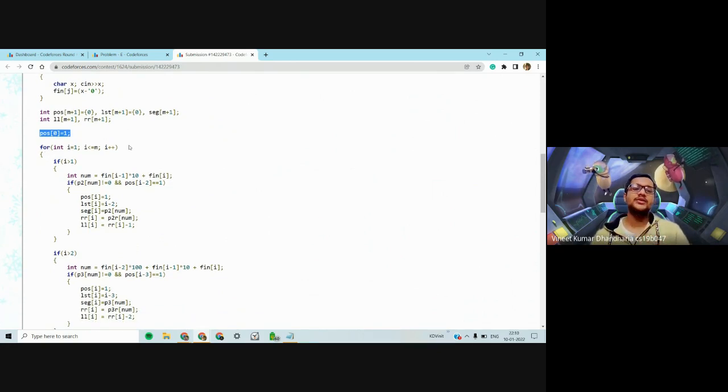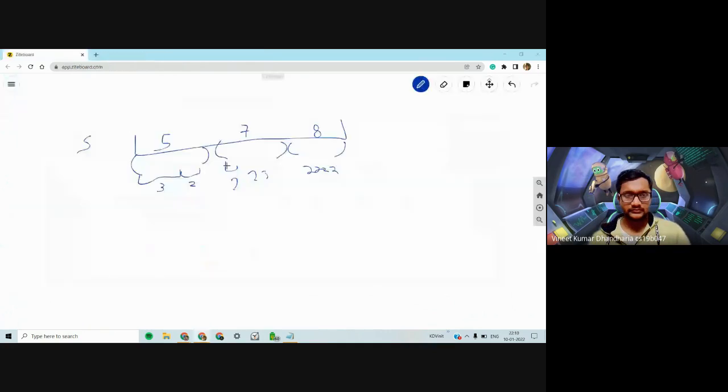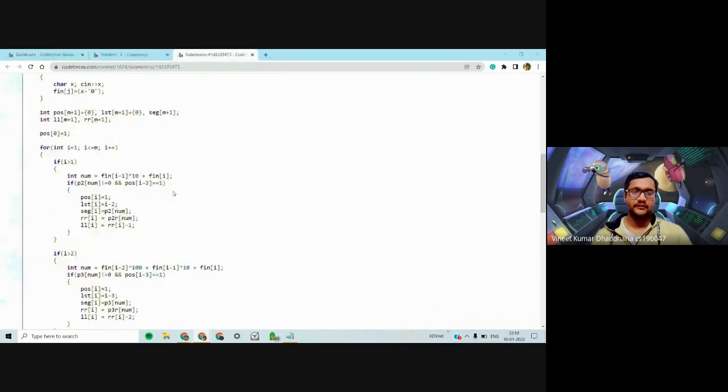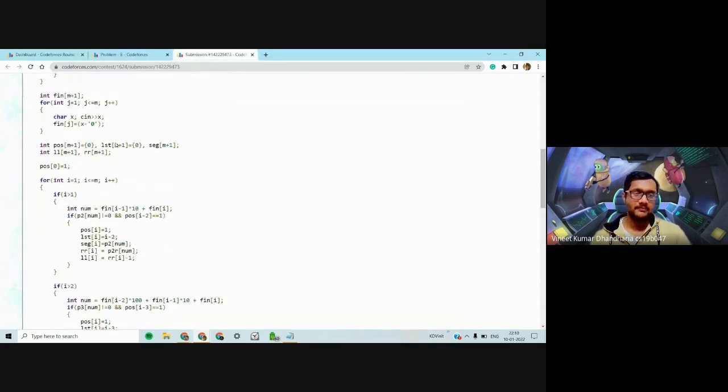Now you iterate over the numbers. Let me explain it with the diagram. We go over our new phone number from left to right. Suppose we are at a particular position. The last segment we would have used would be either of length 2 or of length 3. If it was of length 2, we check whether this number is possible in the previous strings, which we have stored in P2 num.